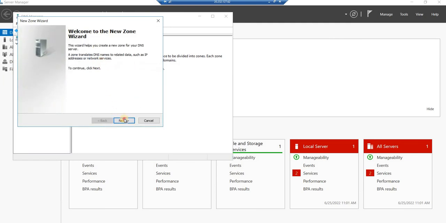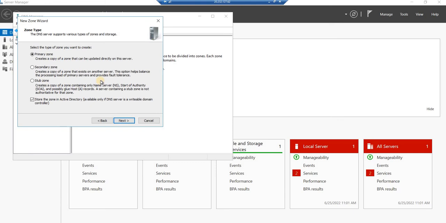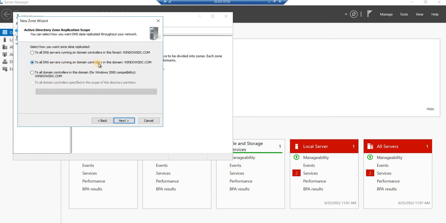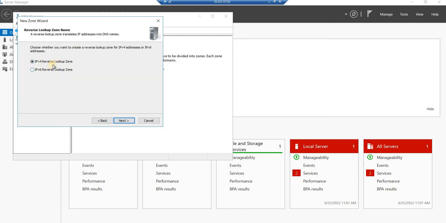Within new zone, click on the next, select primary zone here, and to all DNS server using the domain controller windows.dc.com, right? Select IPv4 reverse lookup zone,